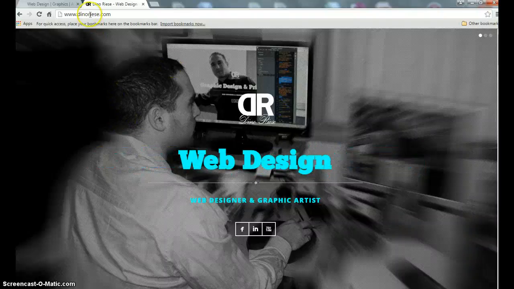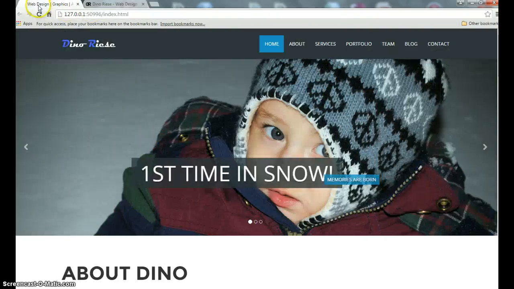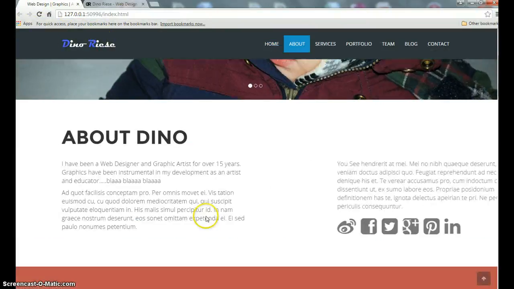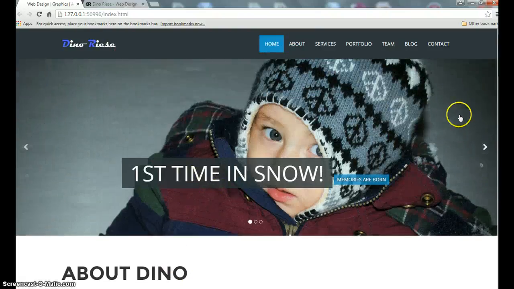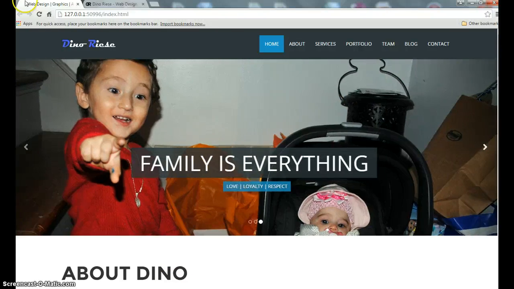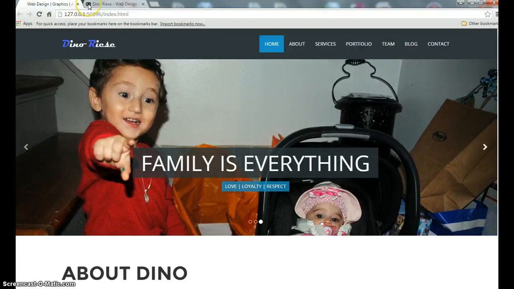Okay, I'd like to show you how to put a favicon on your website, which is this thing right here, this little DR. It's my logo, and it's going to go on the top left of the tab from your website. This particular website we're designing right now, we did the logo, we're doing the About Us section, we did the background pictures for this, and the title pictures with the captions here. Now we're doing the favicon, which is this thing here,